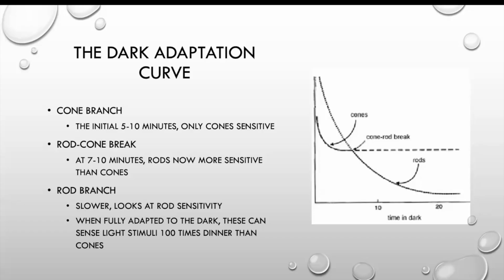And then your rod branch, which is much slower, much more gradual, this looks at rod sensitivity. So gradually, as the eye becomes more adapted to the darkness, your rods are going to be more and more sensitive, and they start being able to respond at lower and lower thresholds of light. So you start off with much brighter light stimuli when you're looking at your cone branch, and you slowly get more dim. And then when the rods are fully adapted to the darkness, and this typically happens over about 15 to 30 minutes, you're actually able to respond to light stimuli up to about 100 times dimmer,